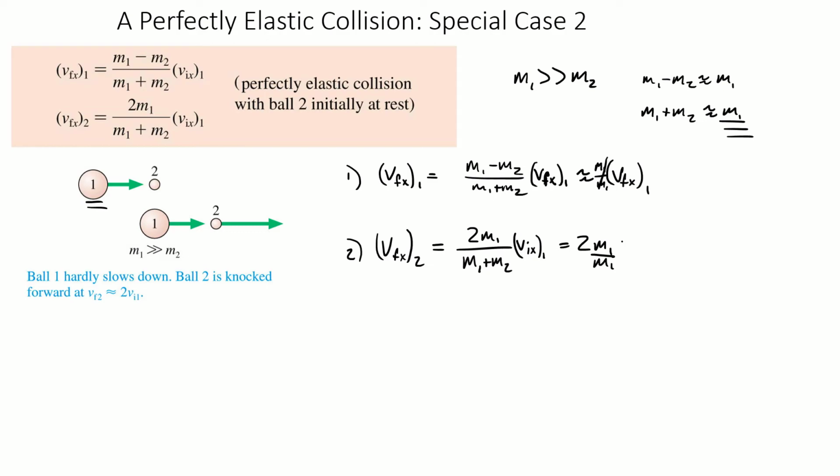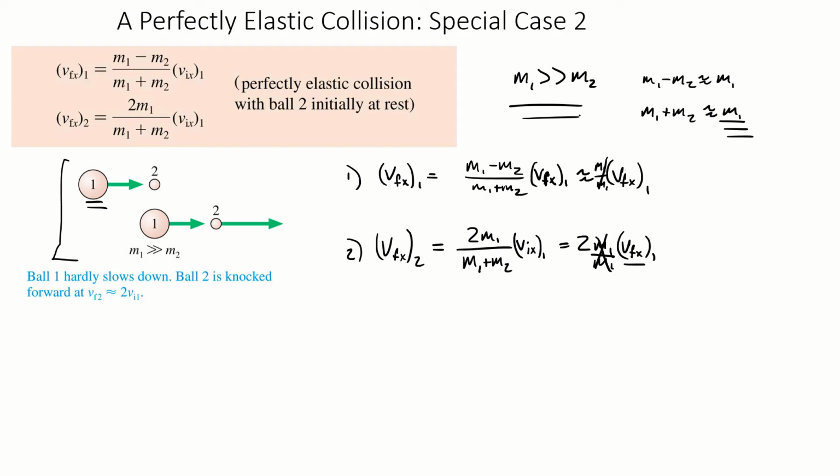Over m1. I should probably finish writing this equation. And those cancel. Twice the initial velocity that bowling ball had. And so we predict something that, if you can imagine that situation, we would expect. So another way that our derived equations match what we might expect, given a situation that meets this limiting